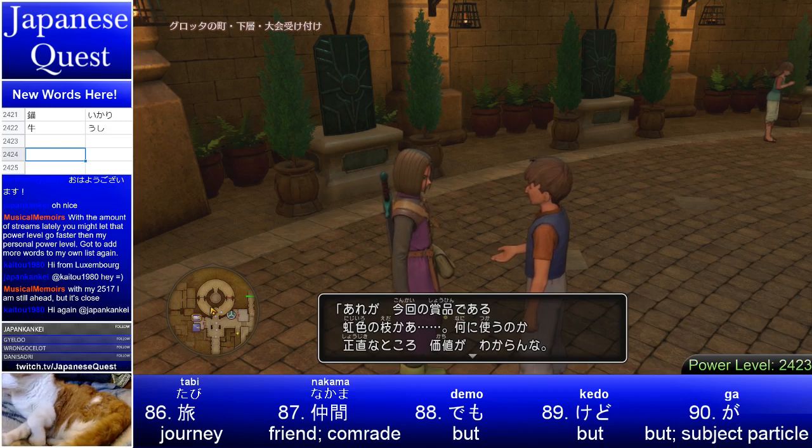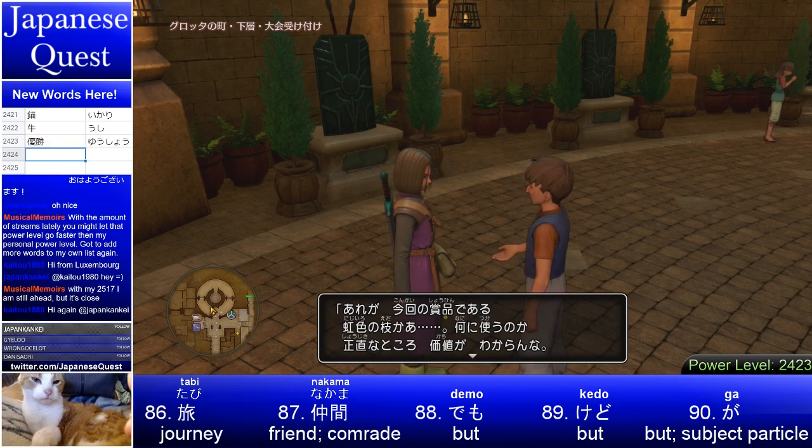あれが今回の商品である。So that is the prize this time. Yeah, the rainbow branch. 虹色の枝。何に使うのか? What do you use it for? 正直なところ、価値がわからんな。